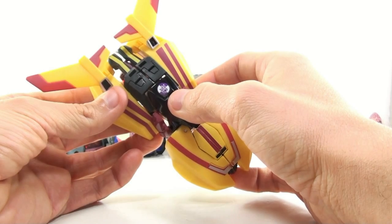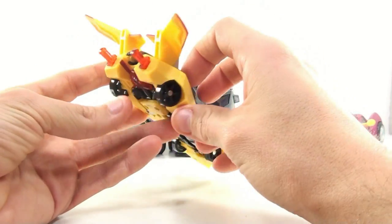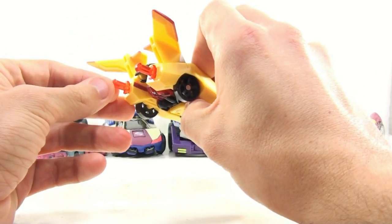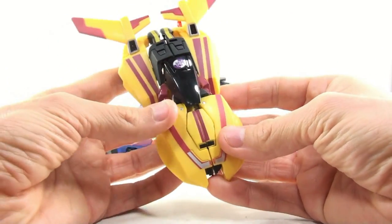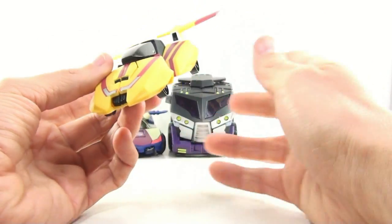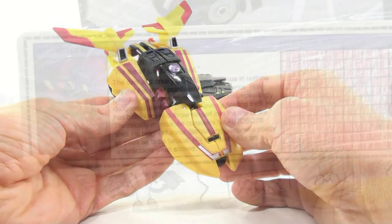Again, with a really beautiful-looking Decepticon logo, really nice paint, the yellow and the maroonish color. Flip around here and you have the little laser swords here in the back. Just an absolutely gorgeous-looking paint job on this. All of these things have top-notch paint jobs on all of them. And up next is